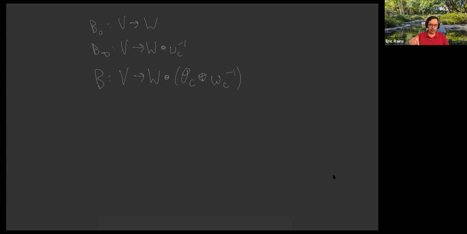And now we make the observation that we can write this tensor product with W of this rank 2 vector bundle as